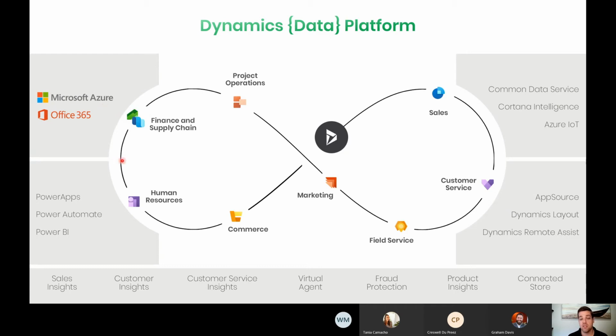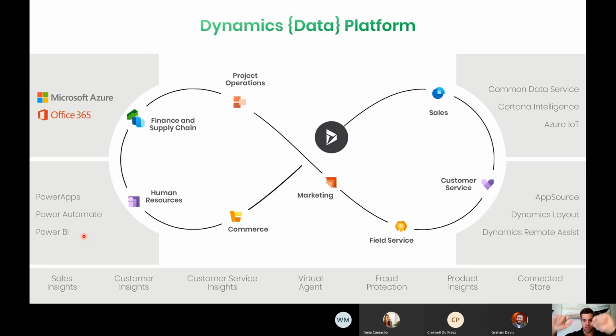When we need to extend the applications, for expense tracking and leave management and sending out memos, we can use Power Apps and Automate to automate workflows and create little applications that solve very specific niche problems that don't deviate from that central system. We can have a whole long conversation around Power Apps. And Power BI is the platform that Graham showed you, turning data into intelligence, into a report or visual, so you can see the trends, see what's going on, and make decisions.